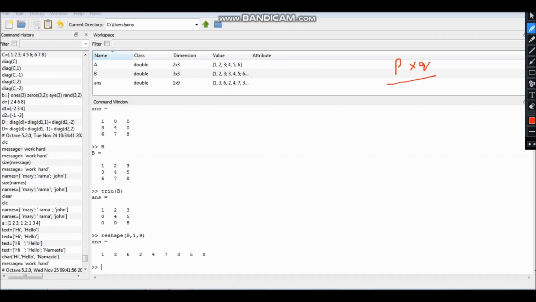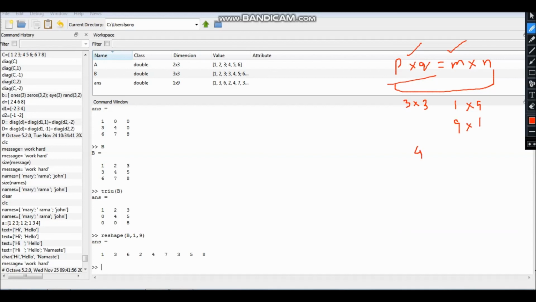So if a matrix has P rows and Q columns, you can reshape it into an m cross n matrix with this condition. So if I have a 3 cross 3 matrix, I can reshape it as a 1 cross 9 matrix or as a 9 cross 1 matrix.